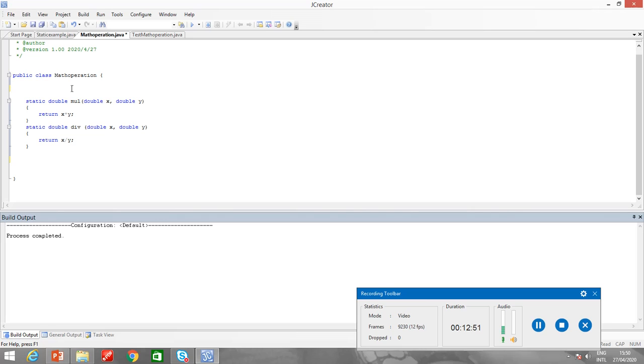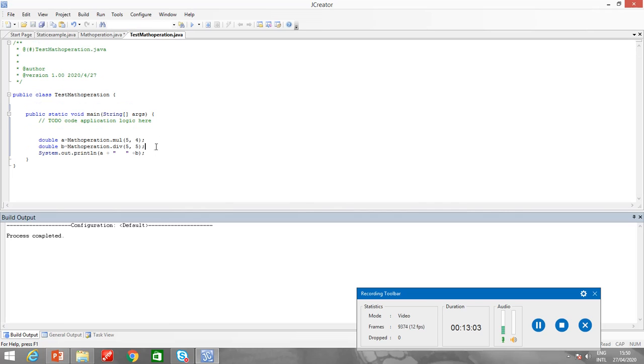So for example, if I have declared a static variable, public static int count is equal to 0, any value I have given to the static variable, I can access this variable like System.out.println, and here, no need to create the objects, just with the name of the class, MathOperation dot count. It will print the value.